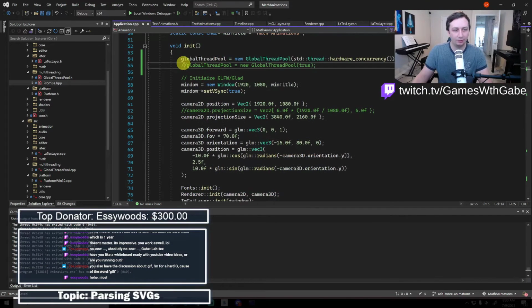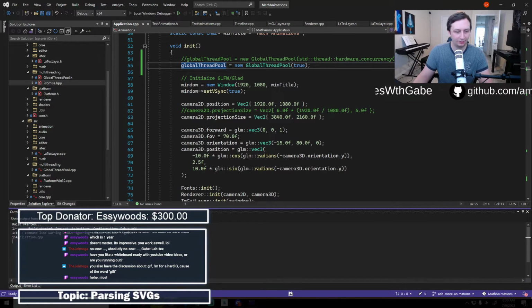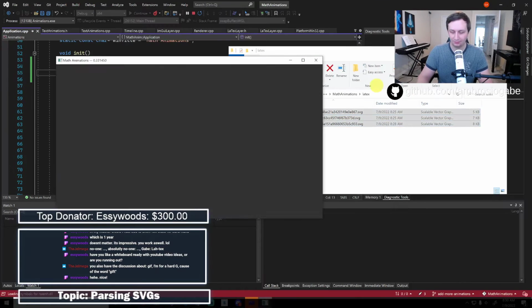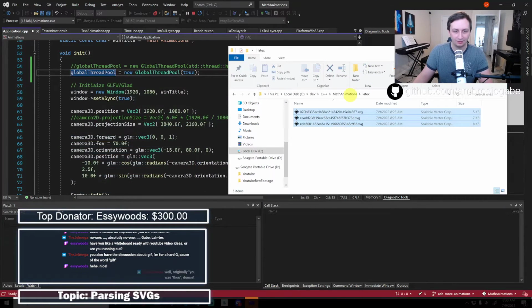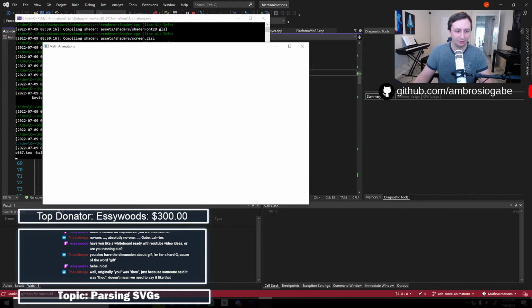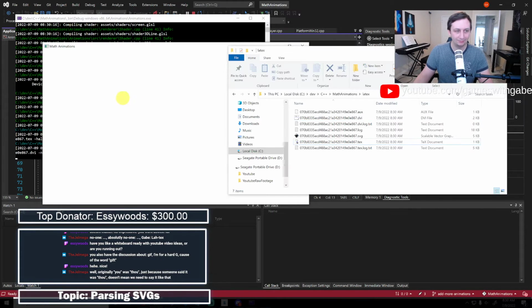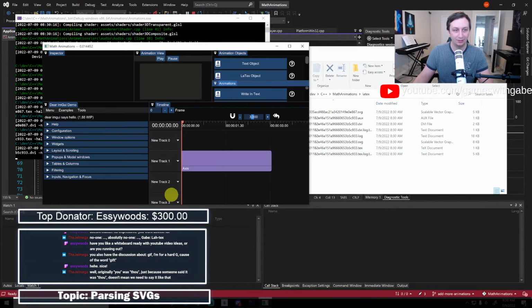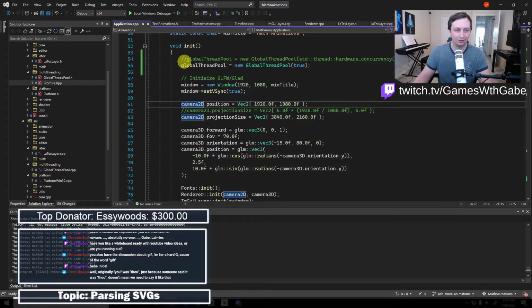But yeah, what we can do too is force it to be concurrent so you can see how the multi-threading actually helps. So if I force this to be concurrent, and I actually have to delete these. Otherwise it's going to start up immediately because it's just finding the cached files and not doing anything. But if we force it to be concurrent, you can see I just get a blank window that's not responding because it's doing all this stuff, which is very annoying. And then finally it responds. Not ideal whatsoever. So what I do is I just launch it on some separate threads using the thread pool.